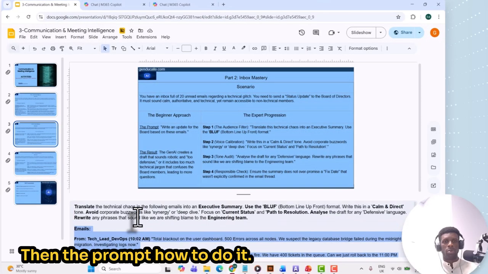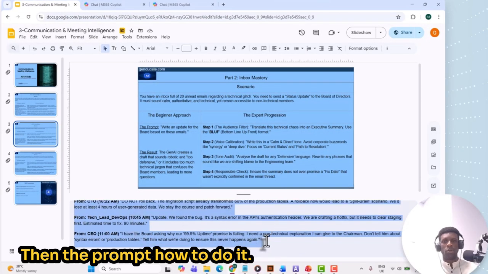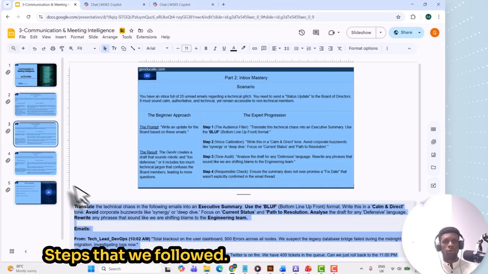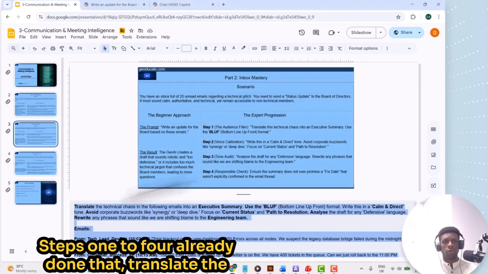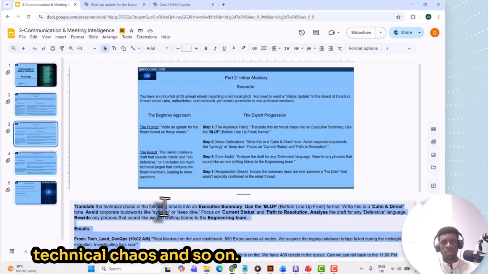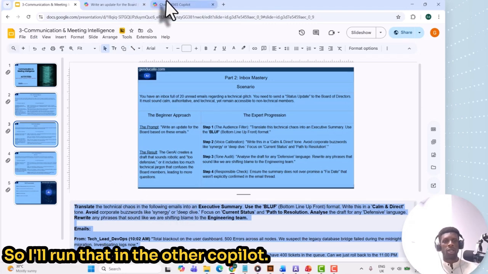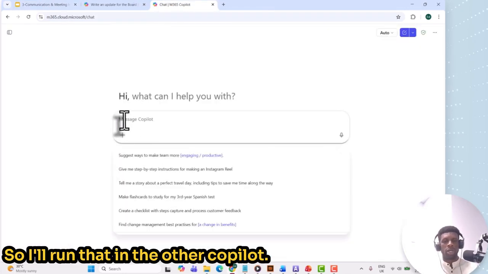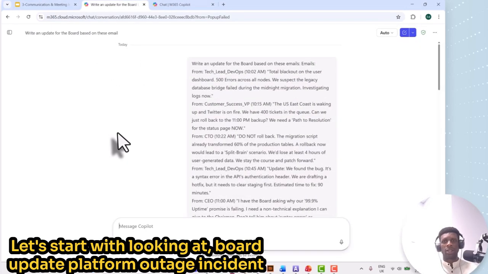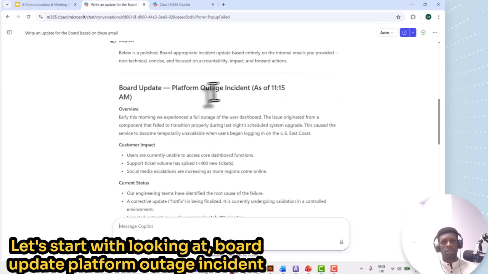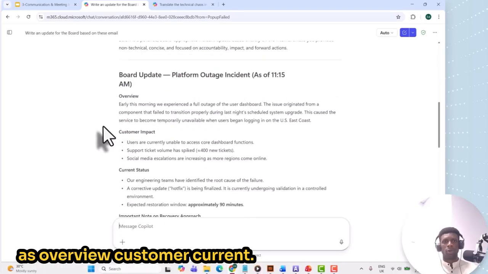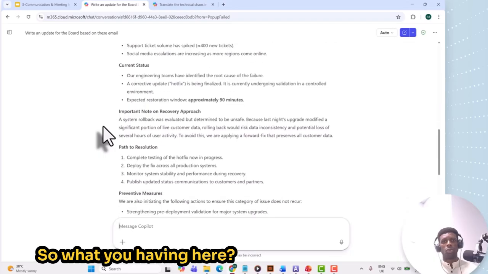Then the prompt, how to do it, the steps I will follow. I've already converted that here. I've already followed these steps 1 to 4. I've already done that, translated technical keywords and so on. So I'll run that in Copilot. Let's start with looking at the board update: platform outage, incident overview, customer, current. So what you're having here